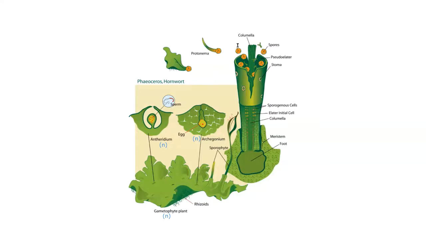The spores are released. These spores, after getting favorable conditions, especially the water availability, will absorb the water, and each of the spores will germinate and give rise to the new thallus, that is the new gametophyte of Anthoceros. And that is how the life cycle would be completed. And that is referred to as alternation of generations.